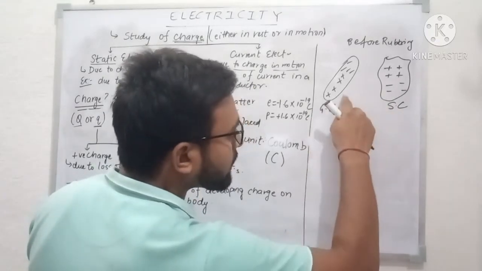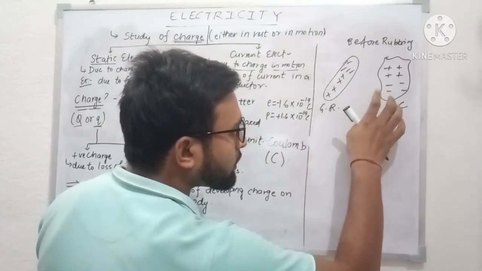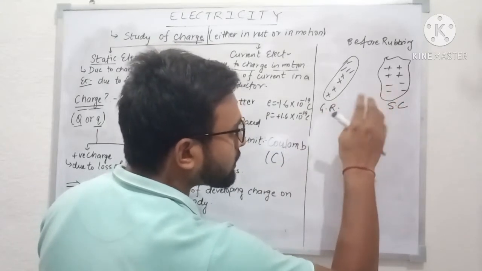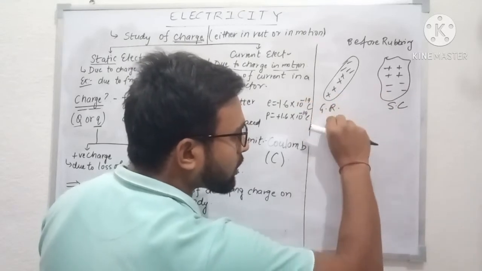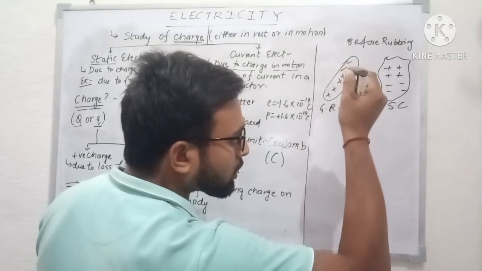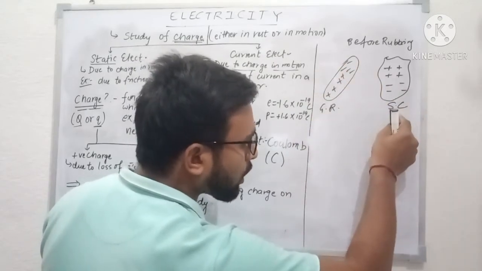So here that energy is acquired by friction. When this glass rod is rubbed with this silk cloth, what happens? The outermost electron of the atom of glass rod is lost, and this electron is transferred to the silk cloth,